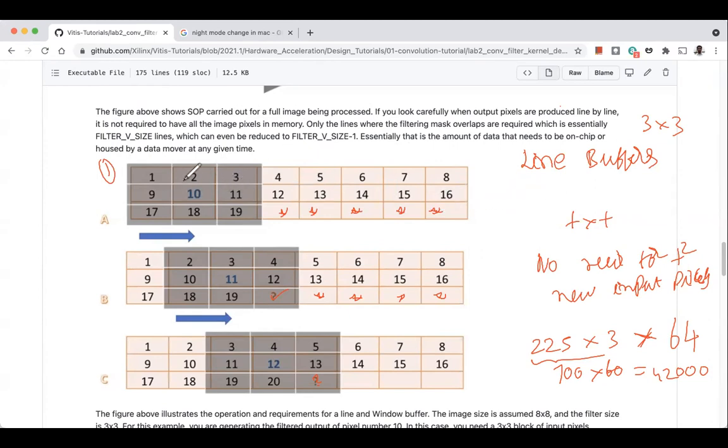So that means I will be able to place this filter here, and here, and here, and so on and so forth. I can keep this filter on 64 different positions on the input image. Does it make sense? Okay.